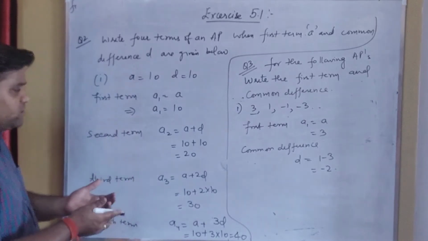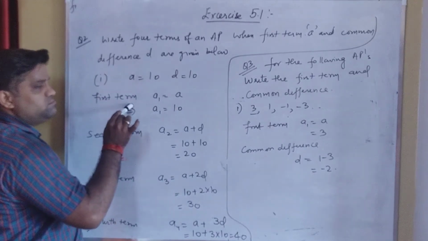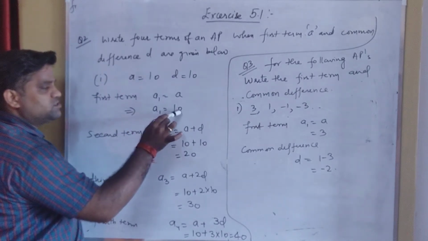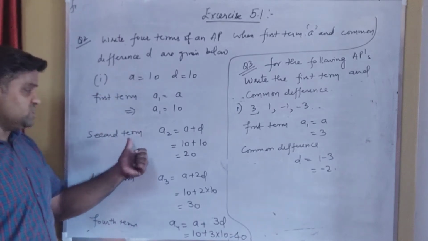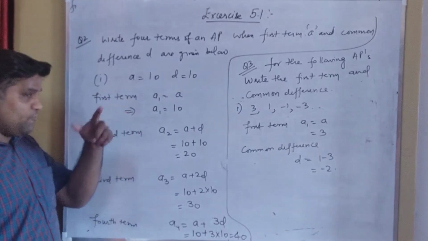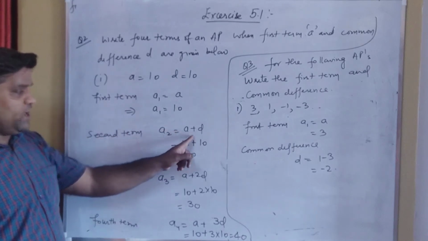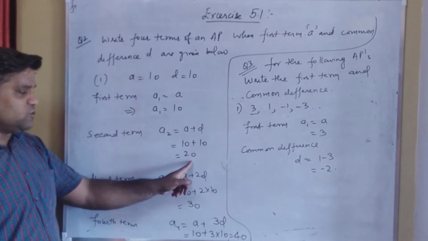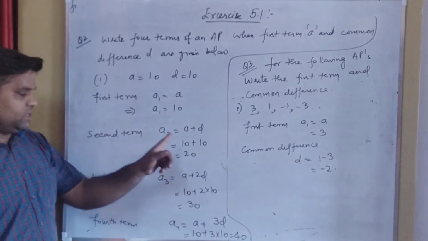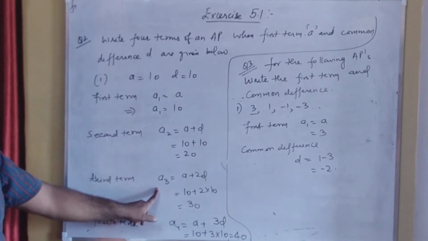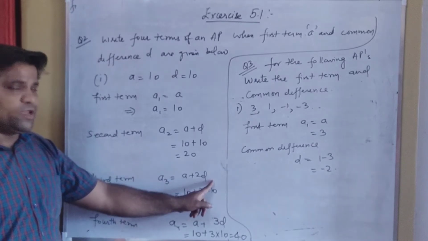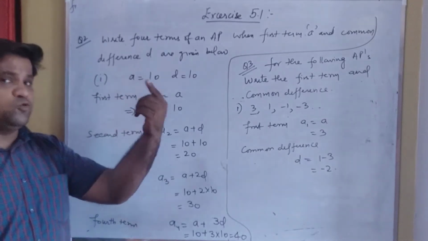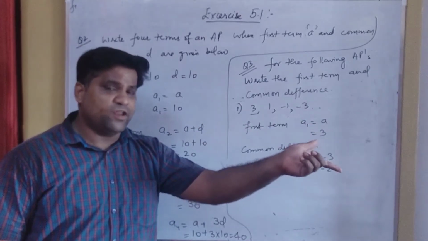So here for finding it, first of all, the first term, which we denote as a1 in an AP, is equal to a, so our first term is 10, which is given. Now let us come to the second term. We denote the second term of an AP as a2 equal to a plus d. We put the values of a and d in that, and on solving we get our second term as 20. Similarly, the third term of an AP is denoted as a3, which is equal to a plus 2d. Because we know that our AP is written as a, a plus d, a plus 2d, a plus 3d and up to a plus (n minus 1) into d, which is the nth term of an AP.